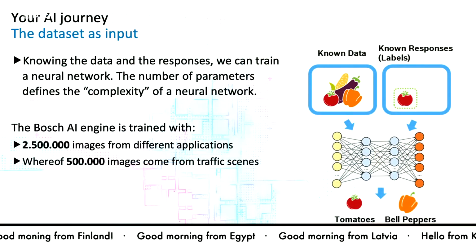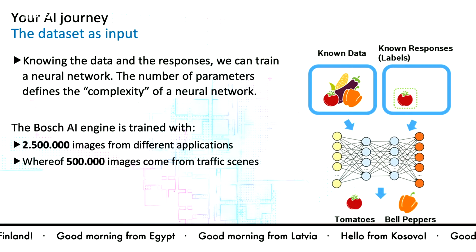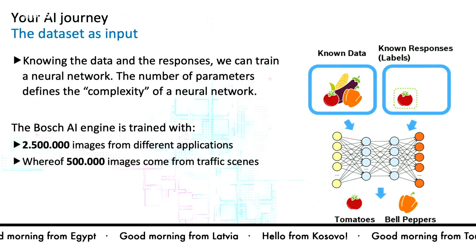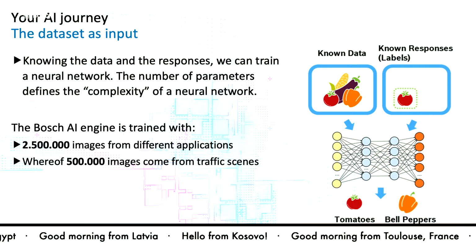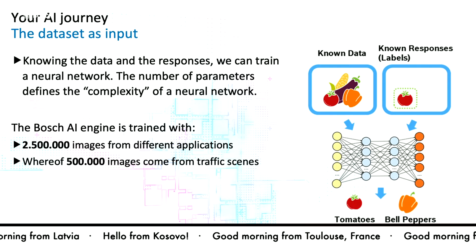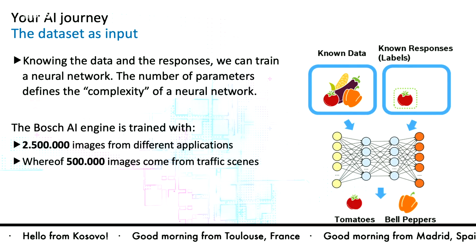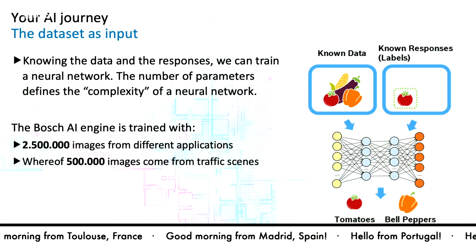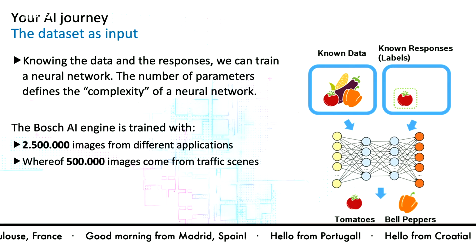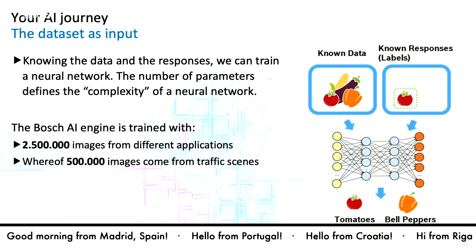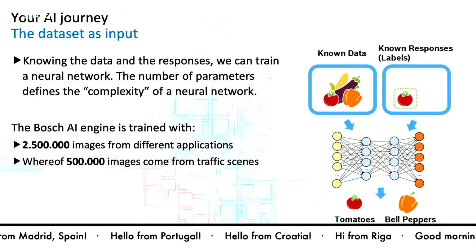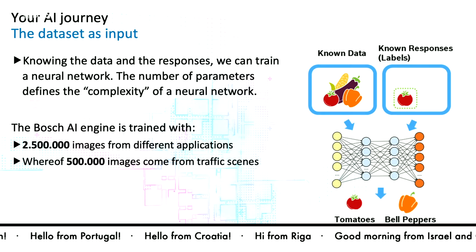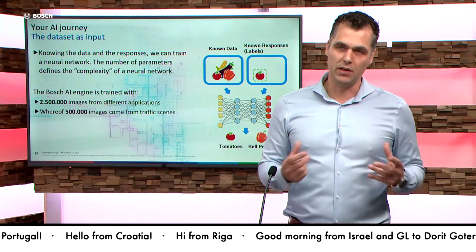We have a lot of different parts which are important to understand. So AI is all about giving a known piece of data. You simply say in this right graph, for example, you have a known piece of data. You simply say I have different pieces of fruit. But I already labeled, for example, the tomato in this selection of different fruits. So visually, you label it as a tomato. That means that there's an AI engine who already built a neural network.